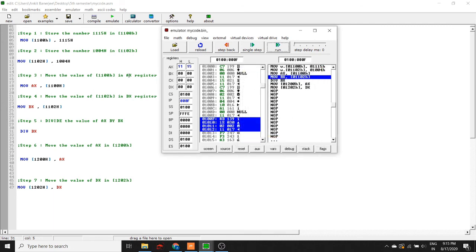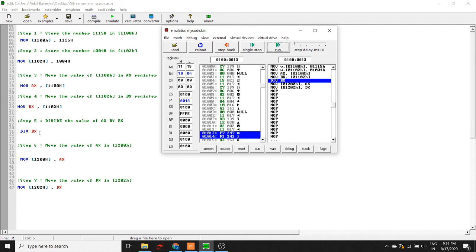And we can see our AX has the value 1115. The next step was to store the value that was there in our 1102H location inside our BX register. So we have previously stored 1004H inside this location. So now after we run this instruction, BX will have the value 1004H. So let's see, I run the single step and we can see BX has the value 1004.